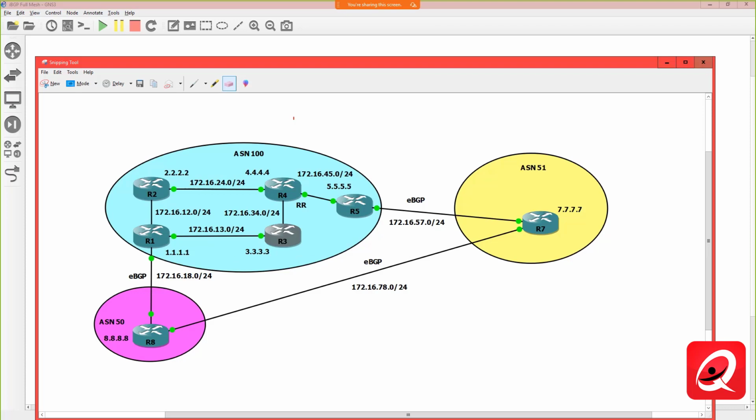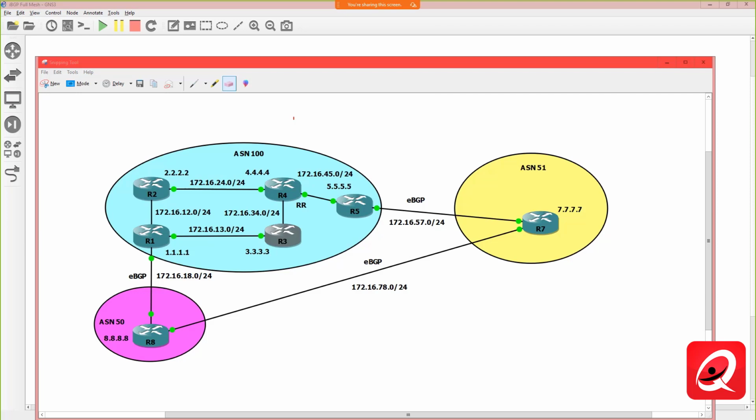We just go under the BGP process and we specify from the route reflector's point of view who the clients are. So we specify the client peers using a neighbor route reflector client command, which I'll show you guys a little bit later on. From the client's perspective, there's really no different configuration. We do have to set up our peering relationship with the route reflector, but it looks just like a normal